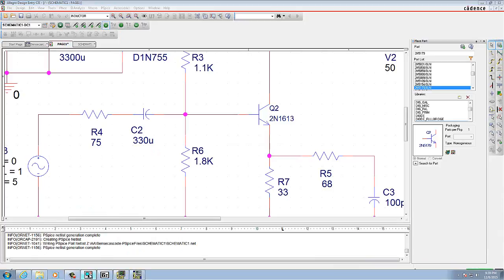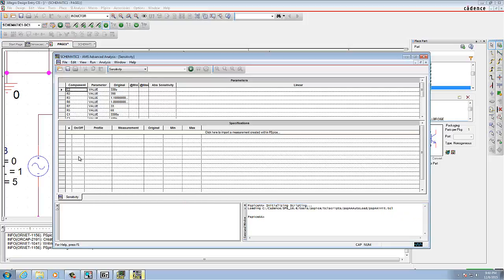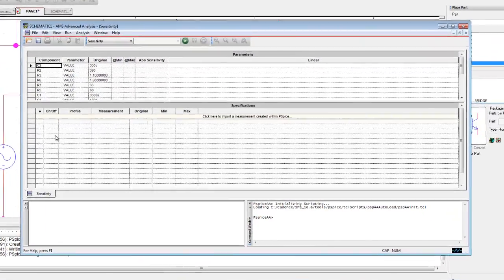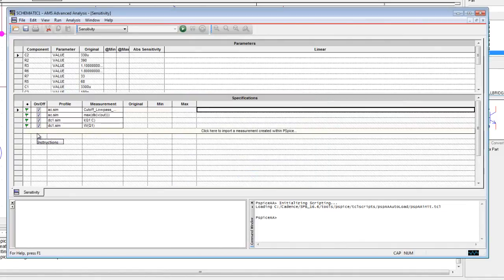The advanced sensitivity analysis window appears. Click on the option to import the measurements created within PSpice, and holding the shift key, select the required values and click OK. We are going to see these are the measurements which we have selected,